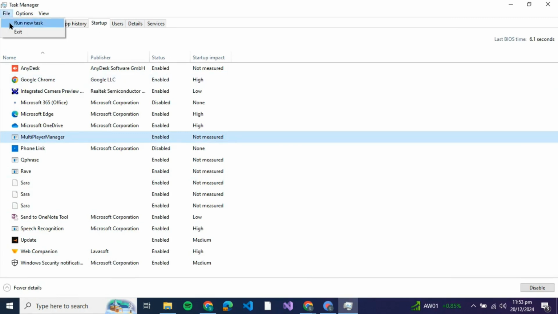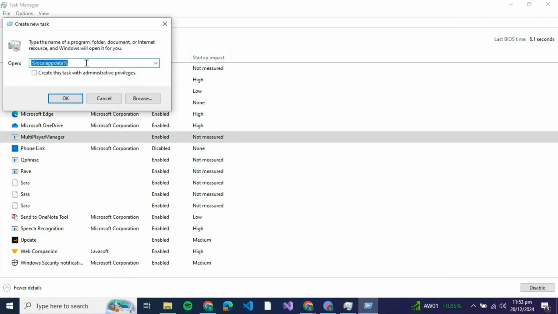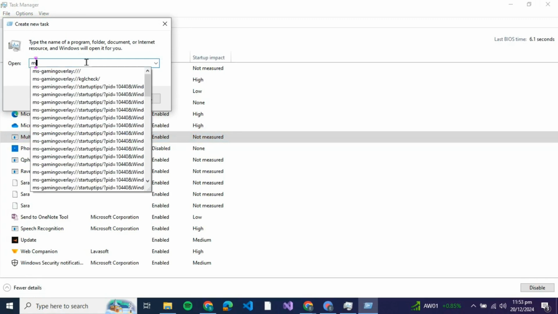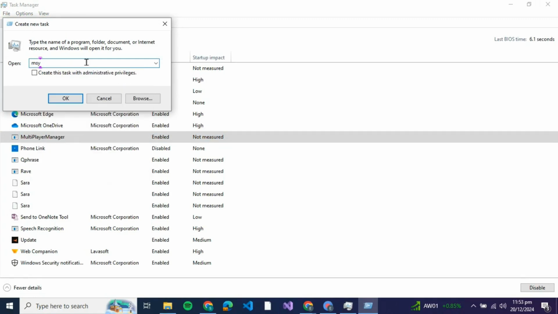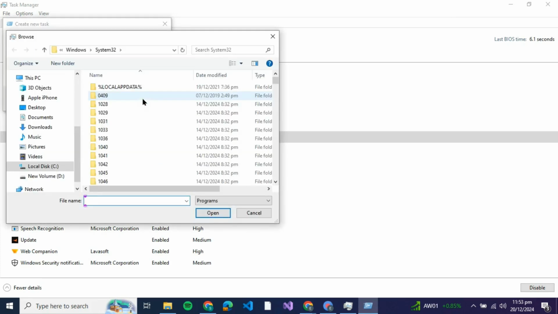So you need to create a new task, so just click on this and over here you gotta type down msiexec.exe, and after that you have to click on this checkbox that is create this task with administrative privileges, and after that click on browse and go to the directory where your Epic Games launcher setup has been made, and